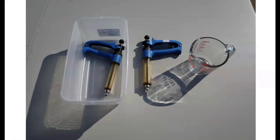What I do with my measuring cup is, the first time after you purchase it, just rinse it really, really good with tap water. Don't use any kind of soap or anything. And then I'll fill it with distilled water, put it in the microwave, let it boil. And then the very first time after I purchased and washed it, I'll just pour that first deal of boiling water down the sink. After that, I don't ever have to worry about cleaning it because it gets clean